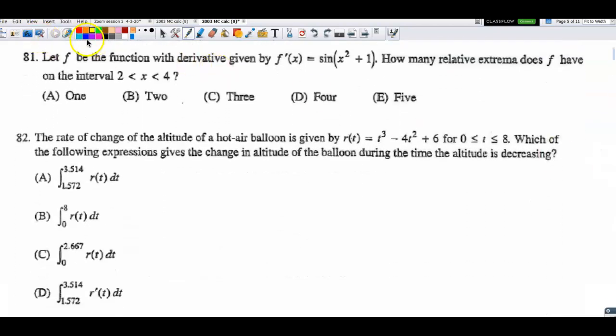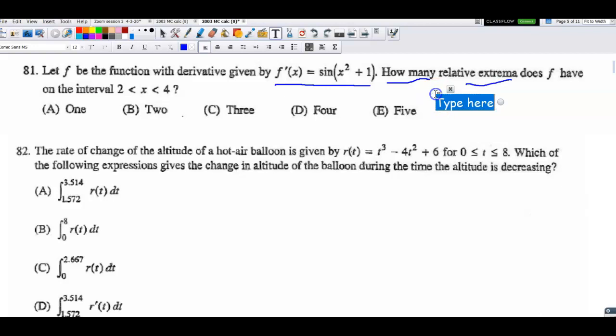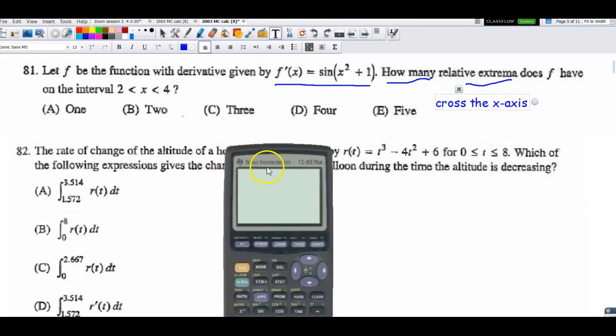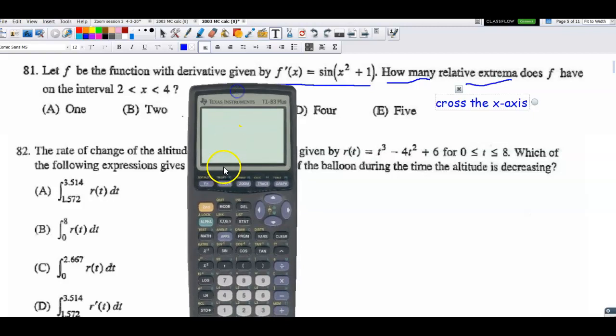Number 81, let f be the function with a given derivative. So we have the derivative given, and we want to know how many relative extrema. Now, in order for these to be relative extrema, we don't just touch the x-axis, we must cross the x-axis. So what we're doing is we're going to count the number of times that the graph crosses the x-axis. So I'm going to bring up my calculator, and I'm going to put y equal to, I got to turn it on, y equal to,